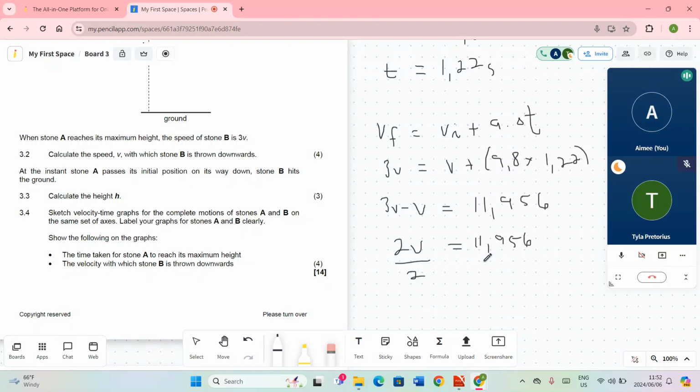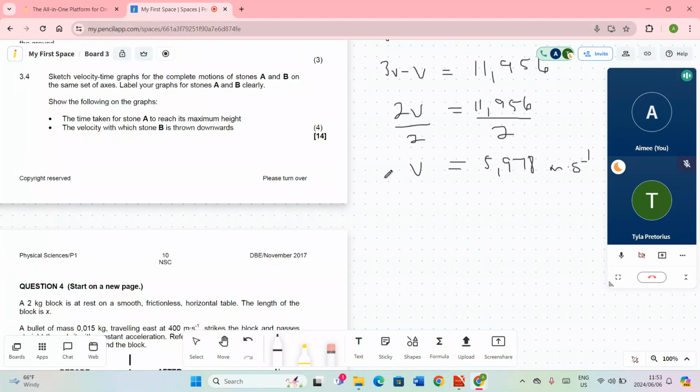Divide by 2 on this side, and what we do on the one side, we do to the other side. So V is equal to 11.956 divided by 2, which gives us a value of 5.978 meters per second. So V is equal to 5.98 meters per second, and this will be my VI, and